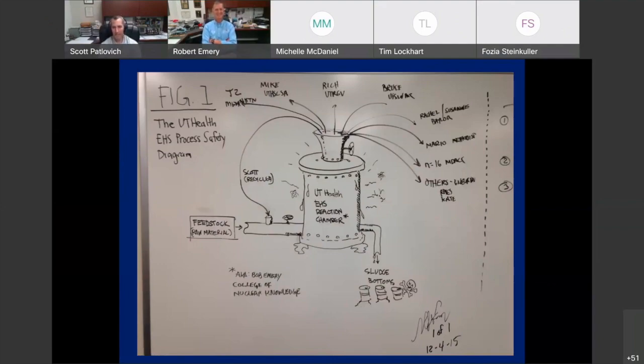In 2015, Safety Bob grabbed a black pen and went to our whiteboard in our meeting room within environmental health and safety, and he drew this reaction chamber, what he calls a UT Health reaction chamber. Really, this is the Bob Emery College of Nuclear Knowledge, which he has developed as a model of getting people experience, education, and certification. And yes, we've lost some good folks who have gone off to leadership roles at other organizations.